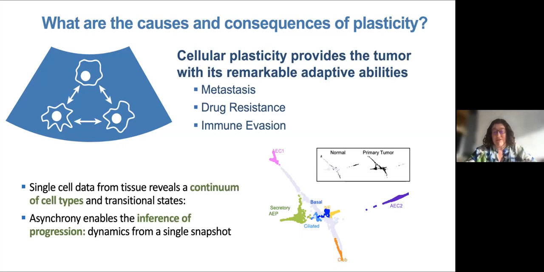The reason I fell in love with single-cell data, and pretty much ever since I fell in love with it, since CyTOF and later single-cell RNA-seq, is because single-cell data from a tissue really reveals a continuum of states. If you're interested in cell state transitions and plasticity and how a cell can change, then you really get this continuum directly from a single sample, and this asynchrony between the different cell states really allows you to do a lot.